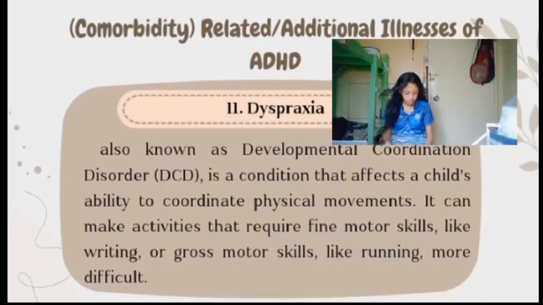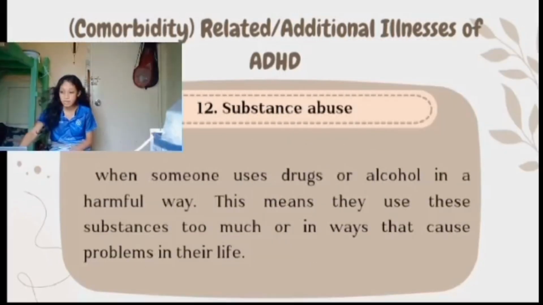So in that part, like for example, a child kanang maglisod siya o kanang magbike or kanang very clumsy siya when doing things. Substance abuse. When someone uses drugs or alcohol in a harmful way, this means they use these substances too much or in a way that causes problems in their life. So that's